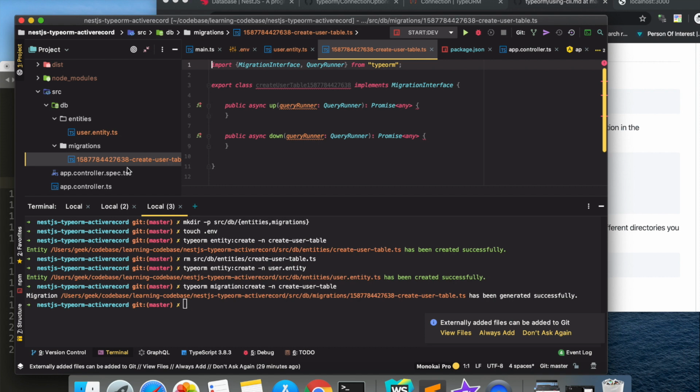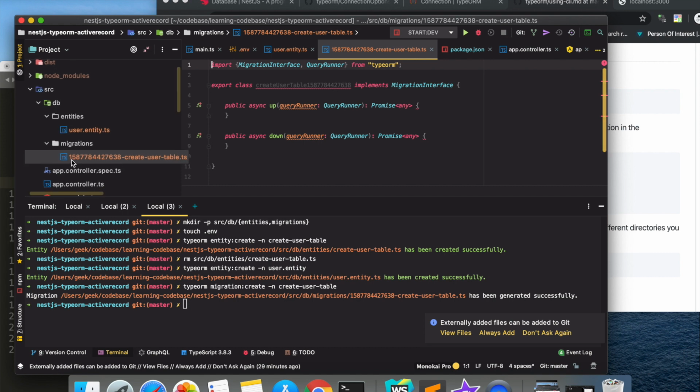Importantly, note that it has added an epoch time. This is used to run the migrations in the order they were created, right? Because obviously a migration will move the database from one state to another state. If the order of migrations is not correct, then you would face errors because state 1 would depend on the previous state, and that would in turn depend on the previous state. So that's how it is.